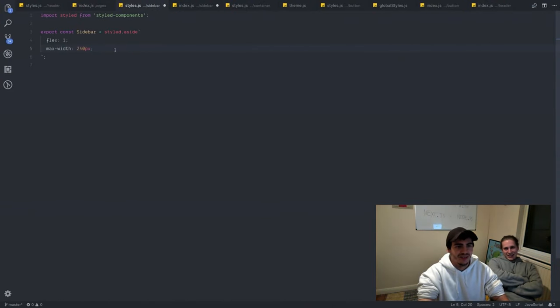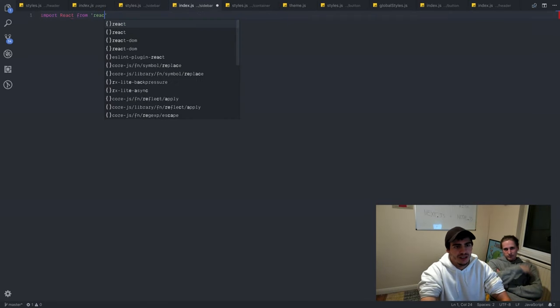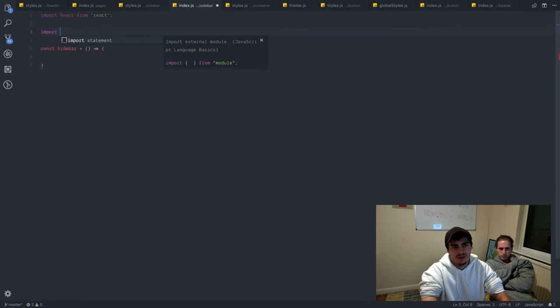So we kind of got this. Easy, bro. Alright, let's import React from React. Let's say const sidebar is this. We're going to import the styles